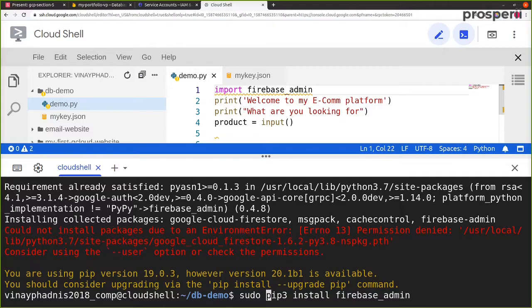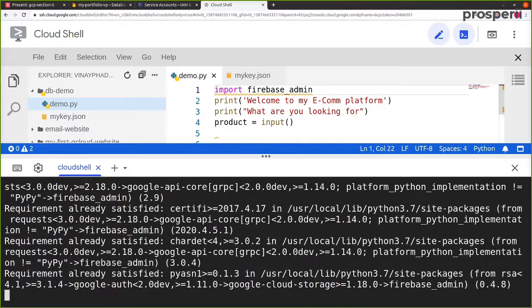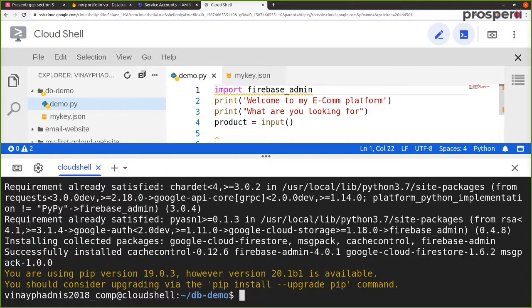Essentially this is like giving administrator privileges to do whatever you want. Without typing sudo, this command is not allowed to perform certain processes. But after passing in sudo before this command, this error will not come up. So essentially we have installed Firebase admin.